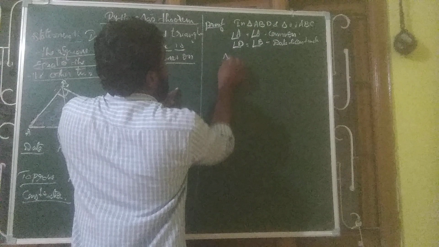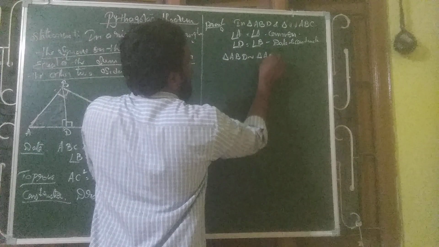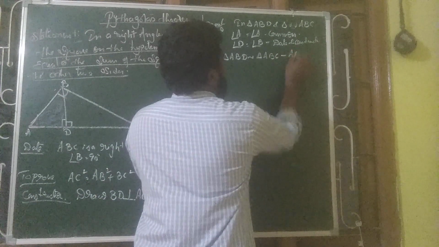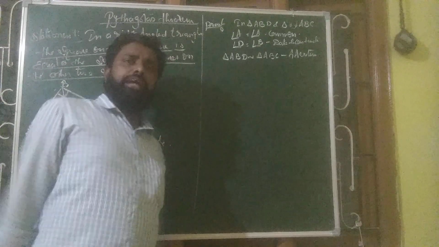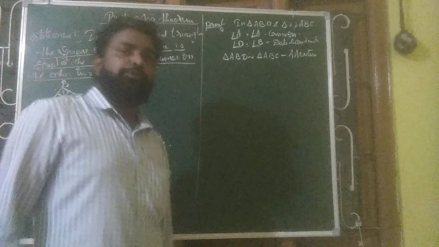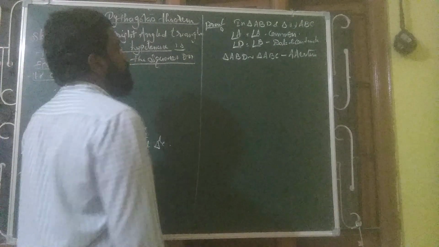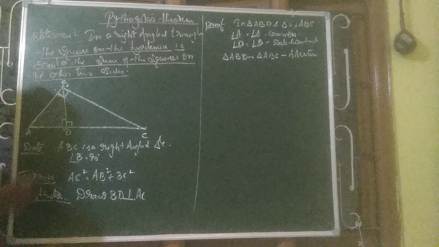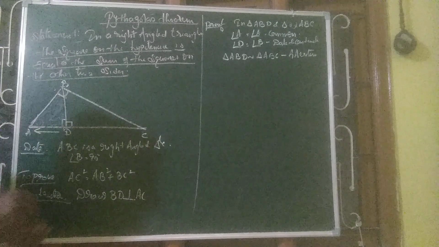So that is to say that the two triangles are similar. Therefore triangle ABD is similar to triangle ABC. What is the reason? AA criteria: if two corresponding angles of two triangles are equal, then the triangles are similar. So corresponding sides are proportional. How do we write this? See, this is a very important part here. Let us think here. We move like this. See those arrows?